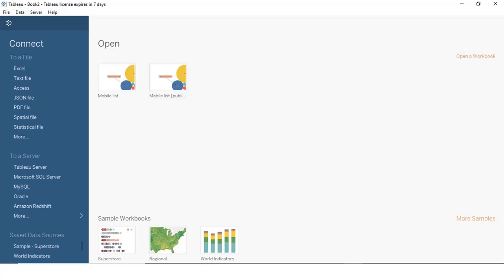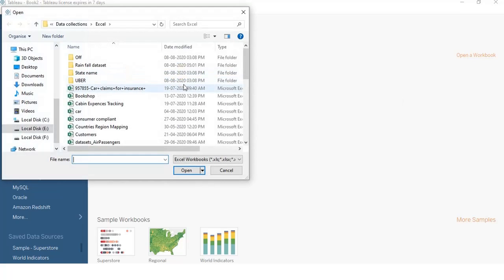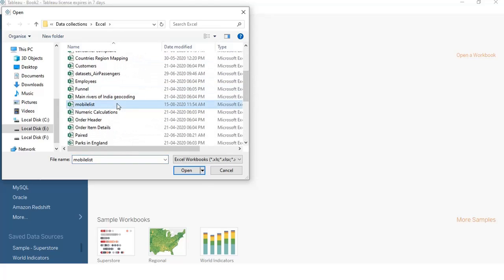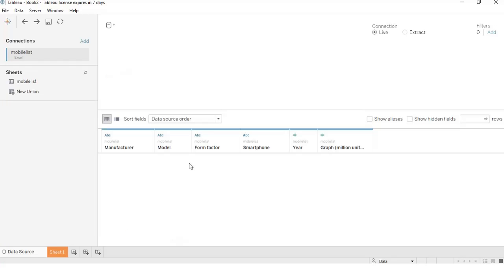In this mobile brand list dataset, I have stored it in Excel file format. So click on the Excel file, then search for the mobile list, got it, then click open. So I got the